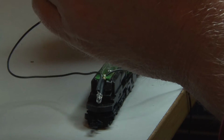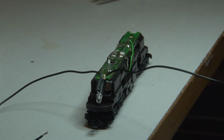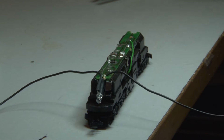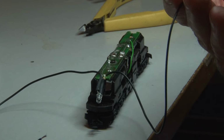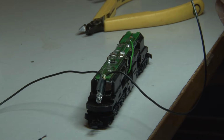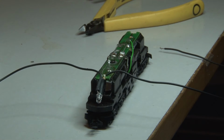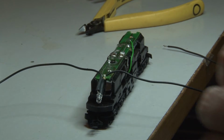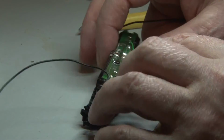now the next thing is we don't know which one is the red and which one is the white, so just need to test it. Just put some solder on here and this pin here